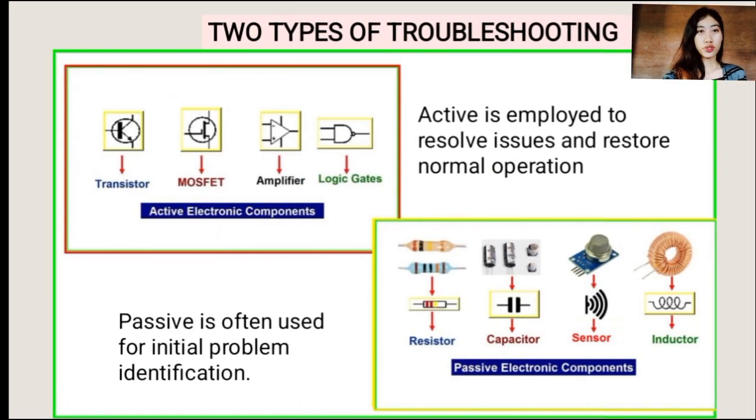Two types of troubleshooting: the active and the passive. The active is employed to resolve issues and restore normal operation, like transistor, MOSFET, the amplifier, and the logic gates, the active electronic components. For the passive electronics, the passive is often used for initial problem identification, like resistor, capacitor, sensor,